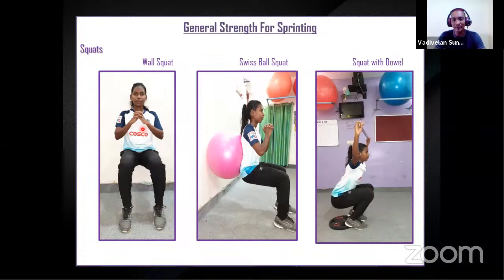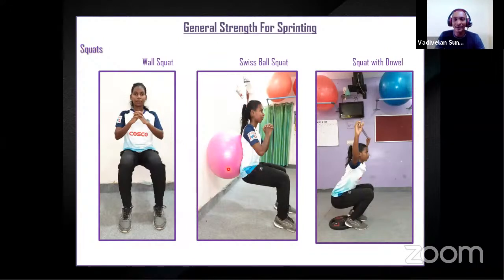Wall squat is where the back is straight and the knee is at a right angle. The foot is placed in line with your thigh. You encourage the athlete to tuck his abdomen to engage his core. Engage your core. This will help to maintain the position. Once he has achieved this position, you can train with the ball. This is a static squat, asking the athlete to stay in a stable position, and this is the dynamic one. You can support with the stability ball, asking the athlete to move up and down.